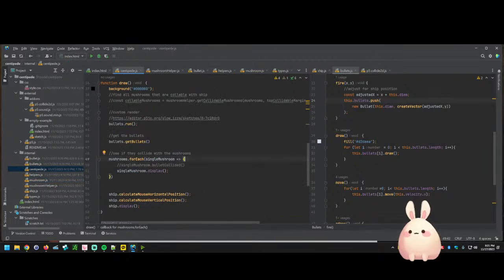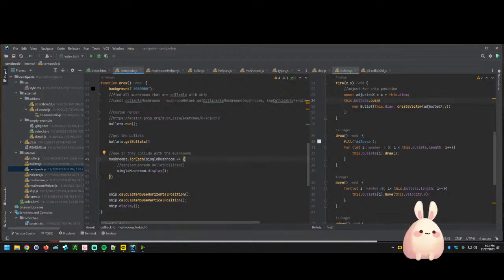Centipede. So a bullet for each of the mushrooms. We want to know whether that got hit or not, and then create an explosion. Let's not worry about the explosion yet, but we do want to know whether it got hit, because it's consistently drawing it. So we need to say,